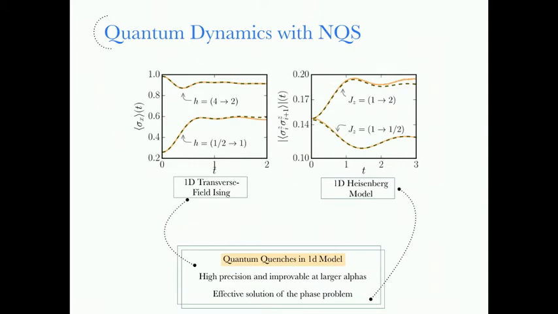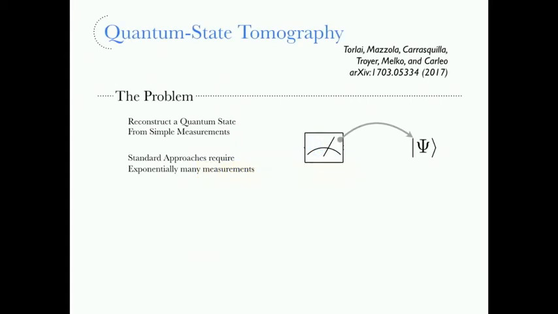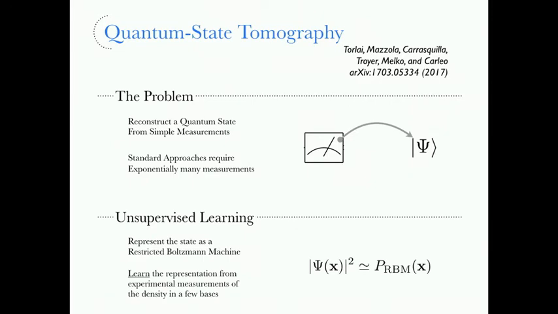What we did recently is we said, okay, we don't just want to minimize the energy of a model. We don't just want to look at the time evolution, but can we learn a quantum state? So can this be useful for quantum state tomography? We said, okay, let us take a quantum system that we get from a quantum magnet, maybe, or from a quantum computer, and I want to learn the wave function. By measuring my qubits, building up a model, and then I want to predict properties of it. So I just want to measure the wave function, I sample, and based on that, I want to learn